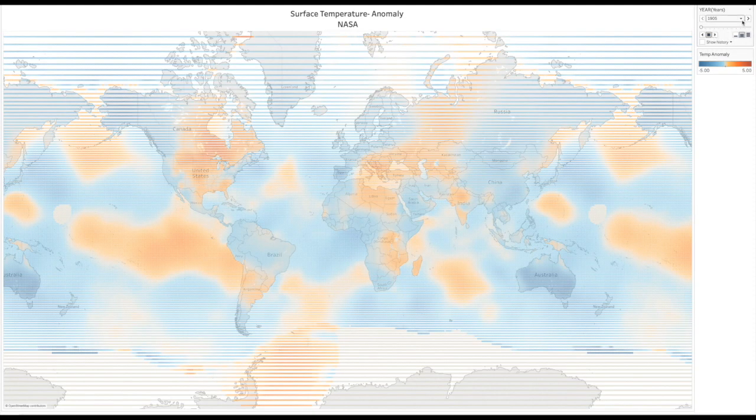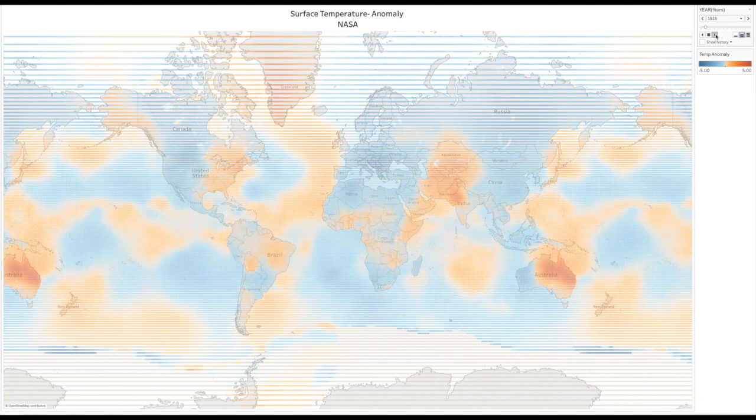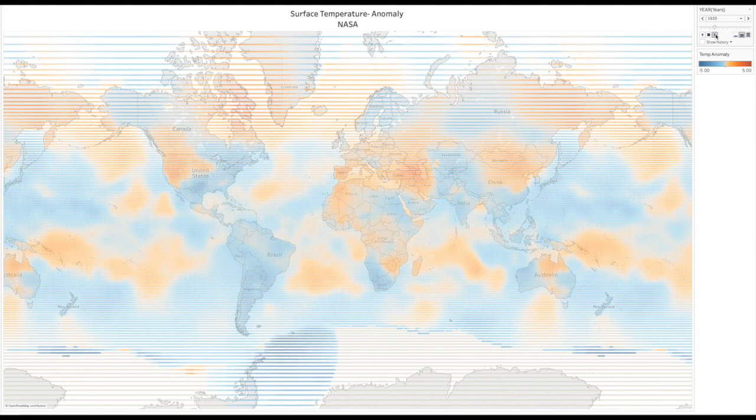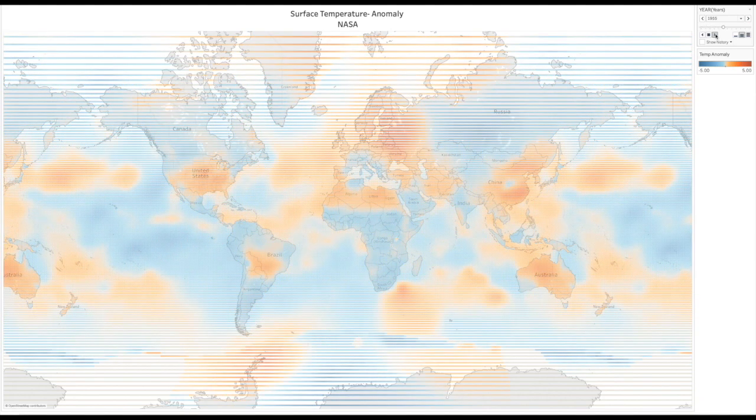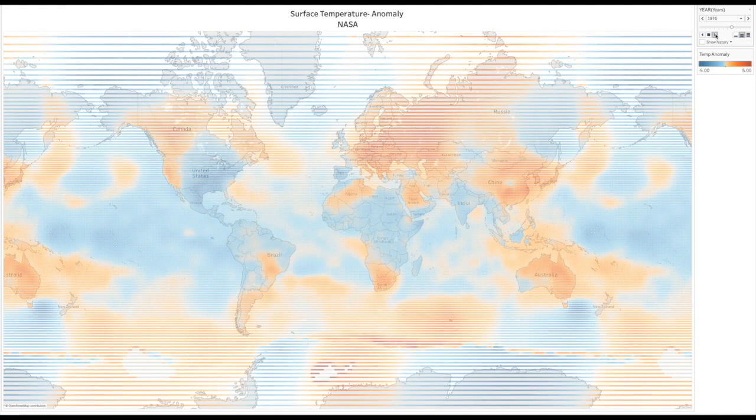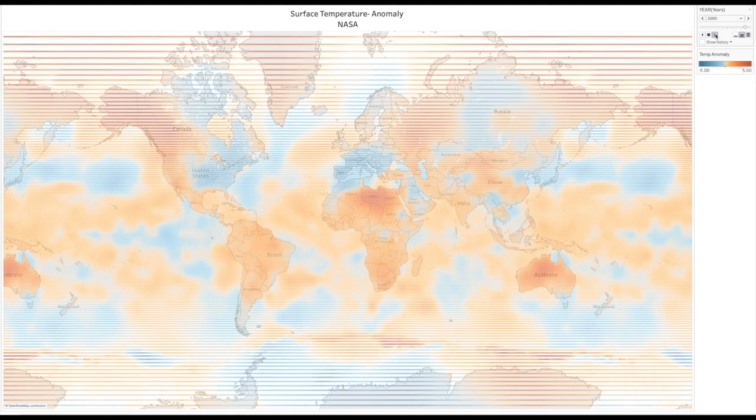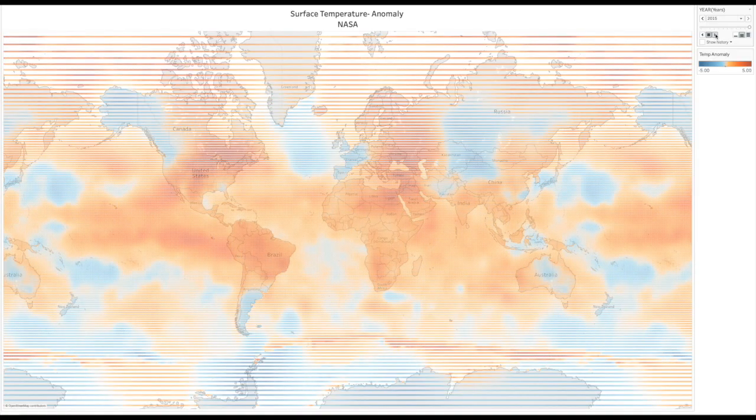Using georeferenced latitude and longitude data from NASA, we created this visualization running from 1905 to 2015, with blue representing cold temperature anomalies and orange representing hot temperature anomalies. As you can see, as time progresses, the world and these anomalies are getting hotter. Now, my colleague Barbara will take over.